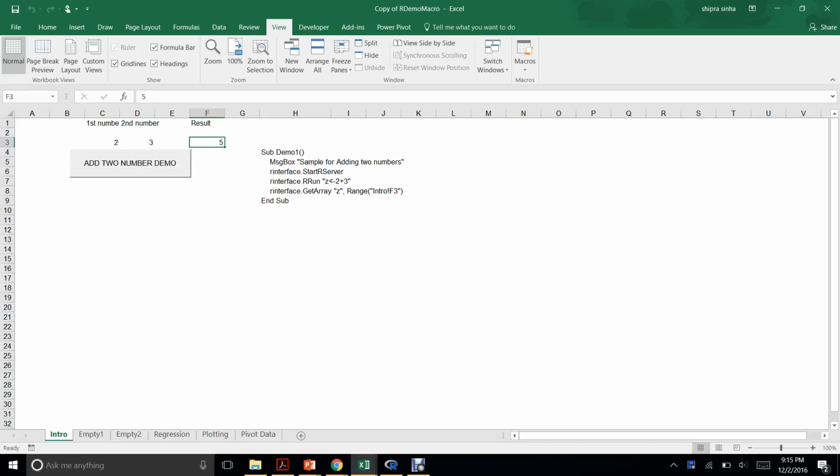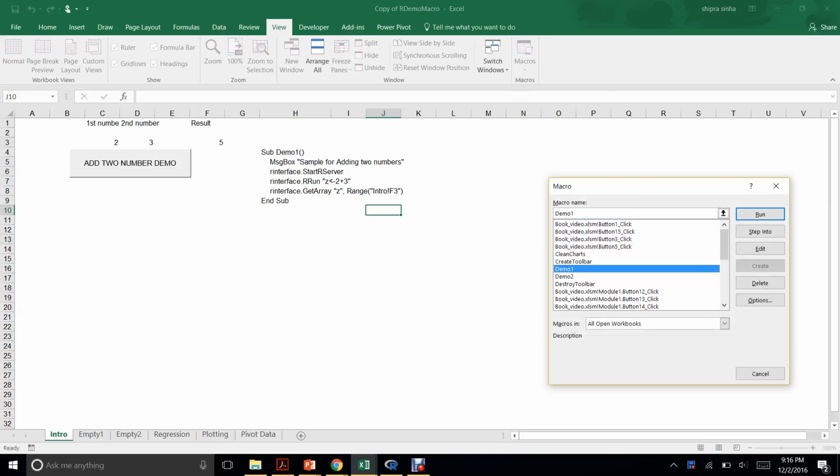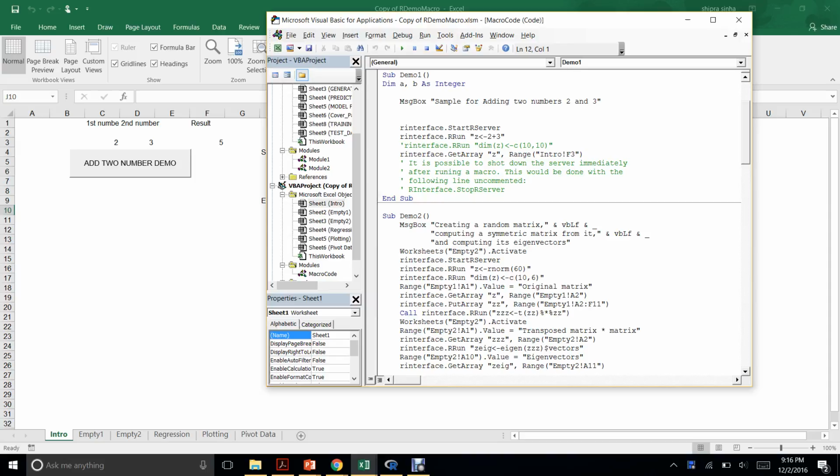It's already here in our Excel, so we will demonstrate it again. See here, we are getting a 5. This is the code in the background. We can go to view macro, demo 1, to see the Visual Basic code.